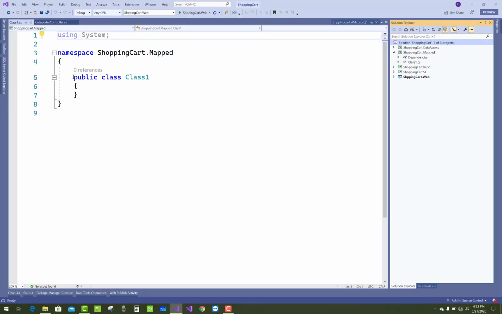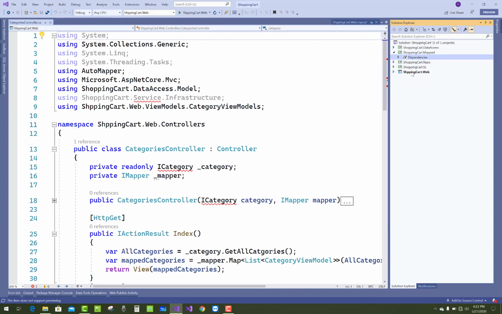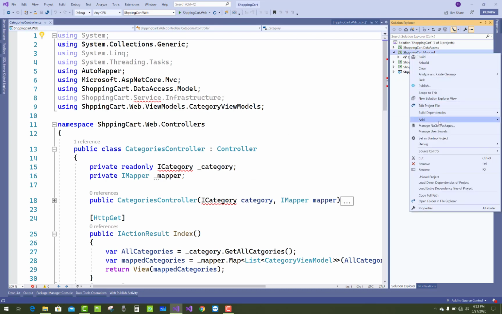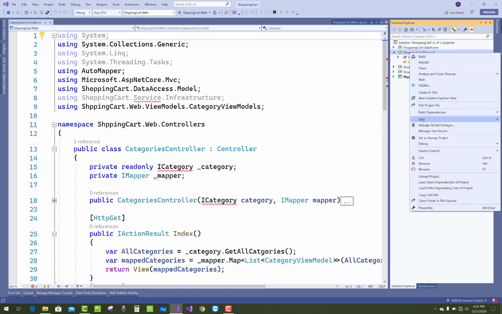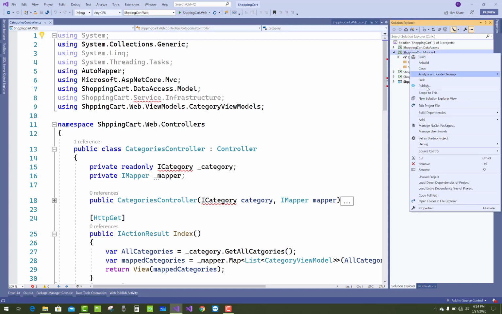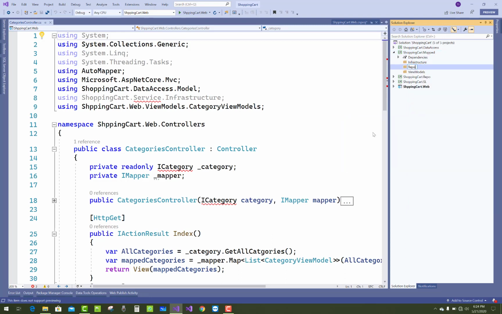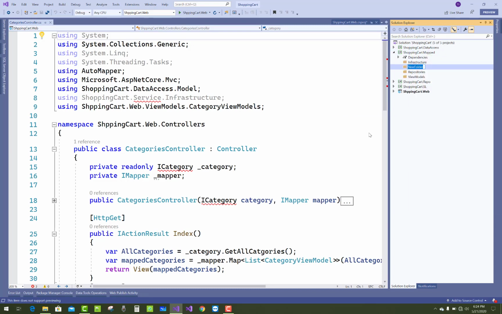So just add a new project in the folder, the shopping cart.mapped project, in which you can add a new mapped layer and create a view models directory, an infrastructure directory, and a repositories directory. All the view models are inside it, along with repositories, mapped interfaces, and a helper class.